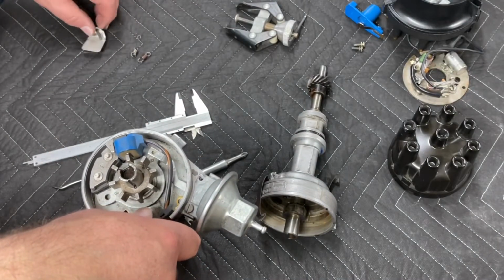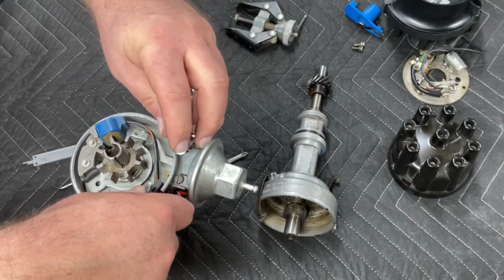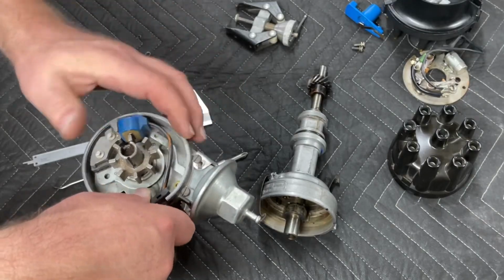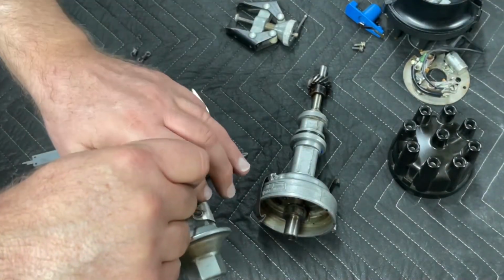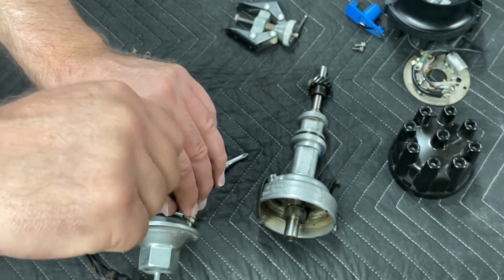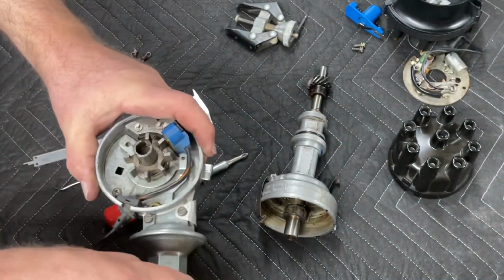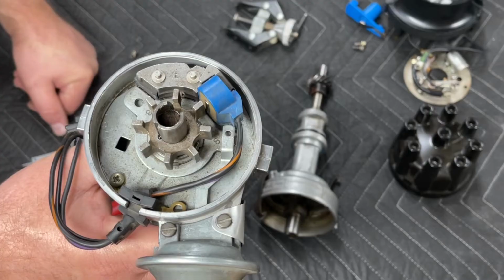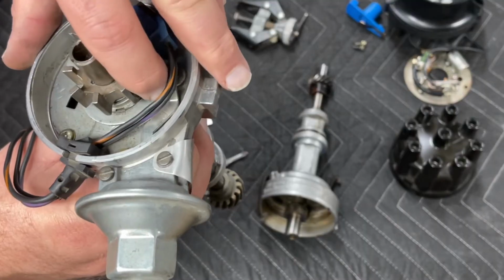So we'll go ahead and put the second screw in. And I know my hand's kind of covering this up, but to hold the screwdriver in place, that's how I do it. So there we've got our distributor almost completely reassembled. Our advance mechanism, we have to push this down,